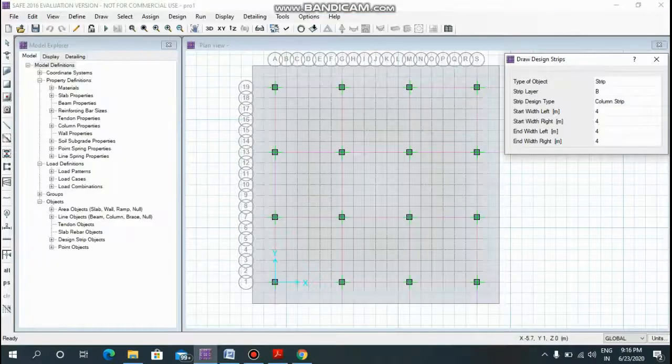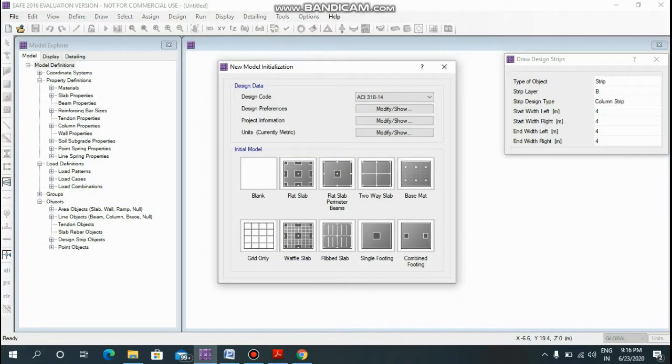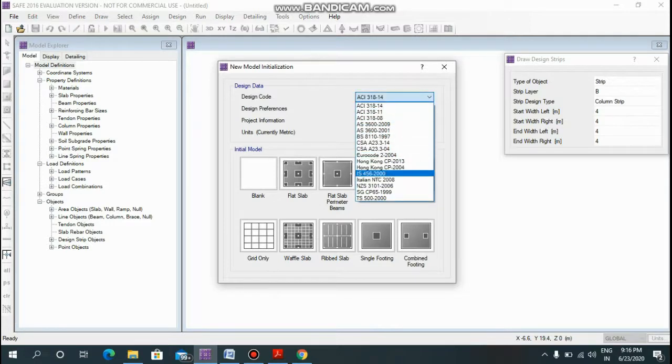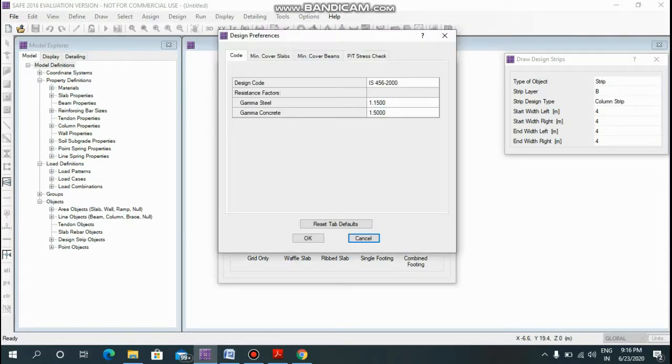Now let us define the properties and draw the elements for the mat footing design. So go to the file menu and select new model and do the initial settings as follows. The design code is changed to IS 456-2000. Make sure that the units is in metric system, and go to design preferences and click on modify or show option.